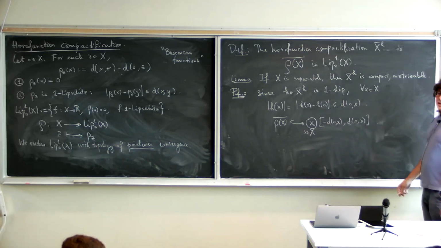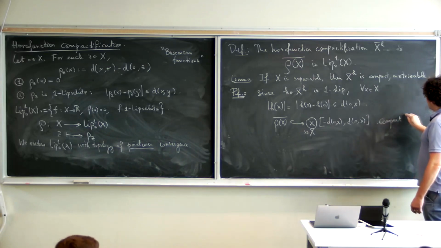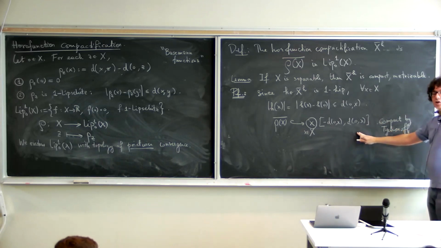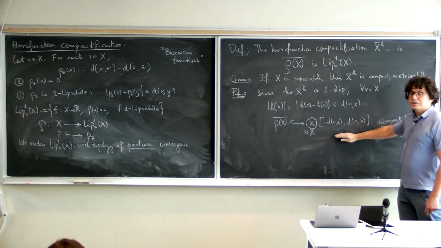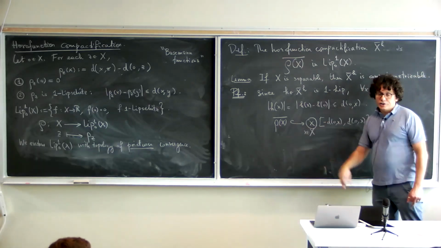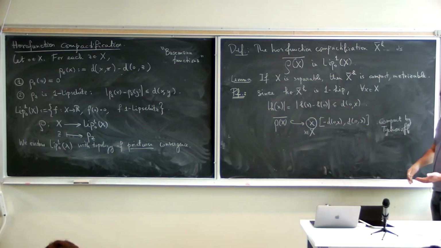And this space, you see this space is compact by Tikhonov's theorem. It's a product of compact spaces. Even though there are a lot of them, the weakness of the topology, if you think about it, tells you that the product topology on this is the correct topology. It induces the pointwise topology on here. So it actually is fine. So as usual, when you have a weak topology, things are more likely to be compact. I mean, this is not so strange, but